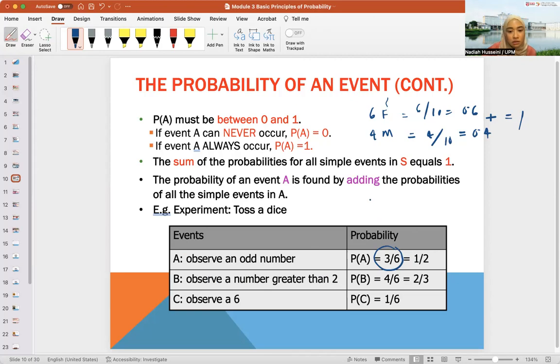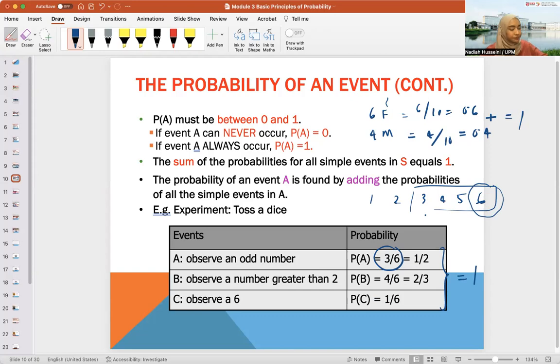Why? Because a dice has 1, 2, 3, 4, 5, 6, and the numbers greater than 2 are just these. So 4 over 6, which you can simplify to 2 over 3. And then the probability of observing a 6 is just 1 out of the 6 times that you toss it, so 1 over 6. When you add these together, it should be equal to 1. 3 plus 4 is 7, 7 plus what? Sorry. This is not equal to,